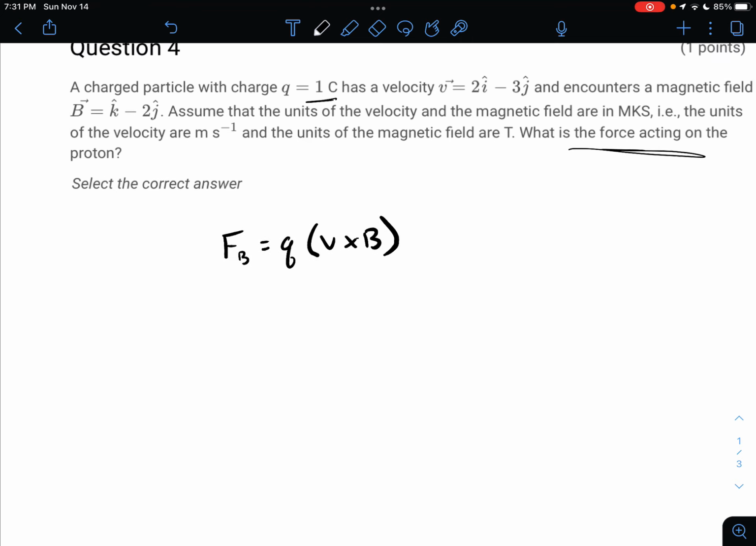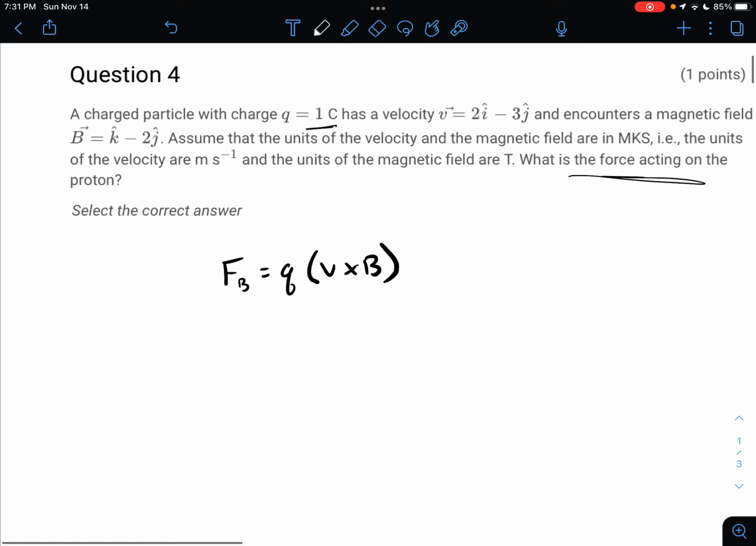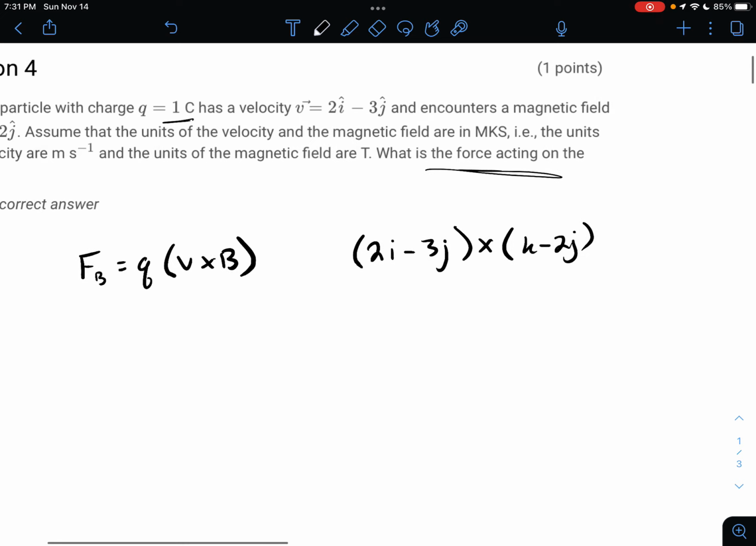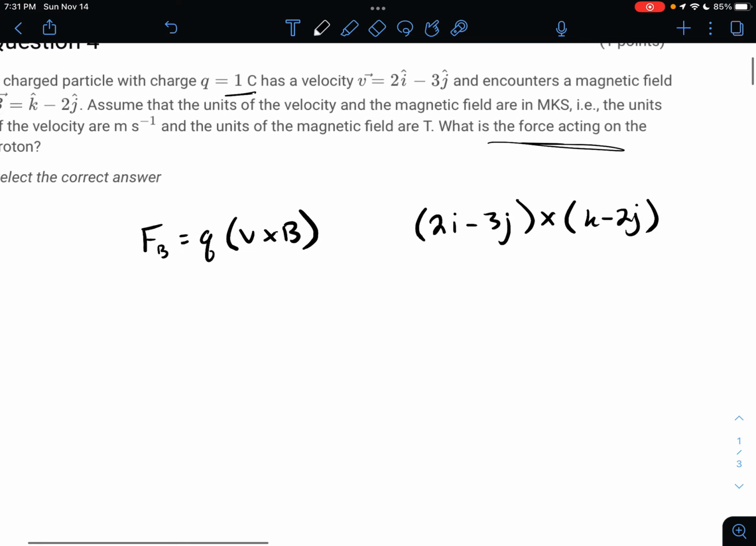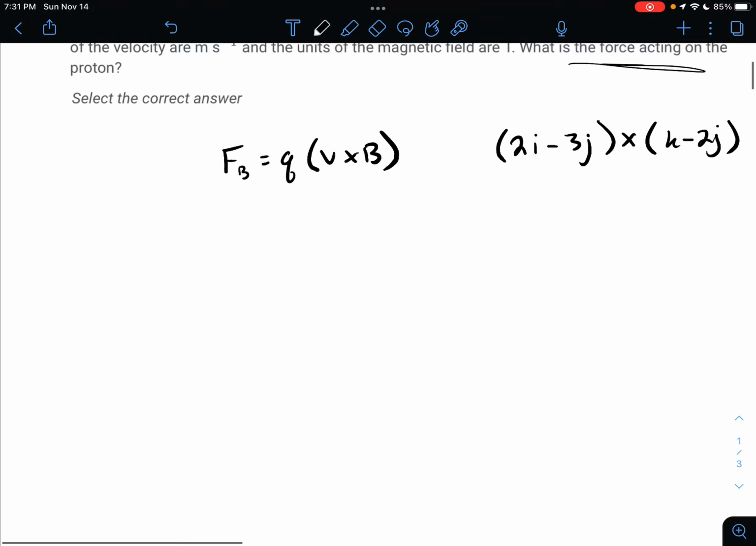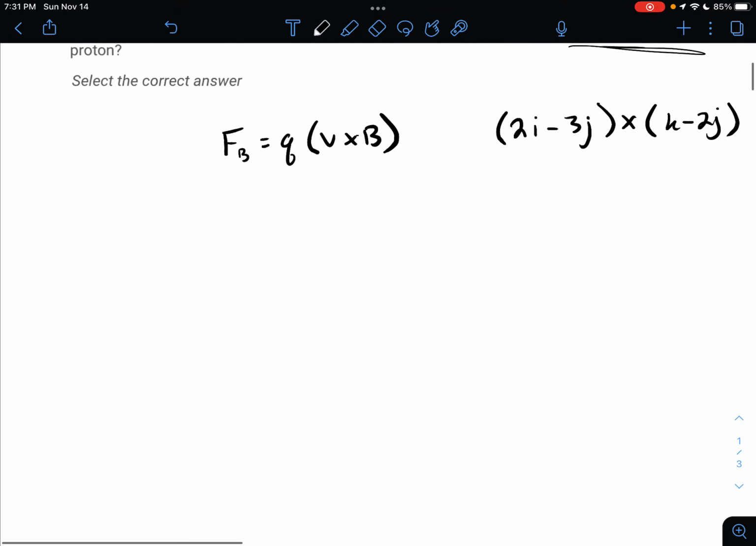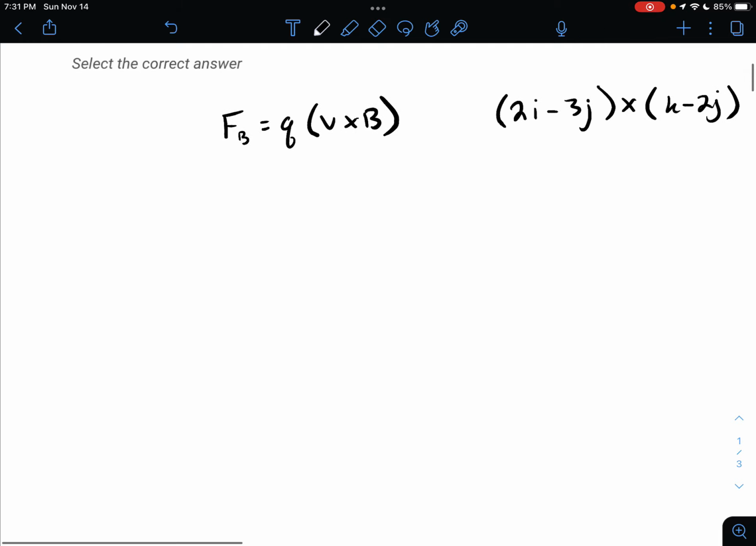And I'm going to teach you a better way to do a cross product, because you can distribute it and do 2i minus 3j crossed with k minus 2j, and you can FOIL all that out. But I hate that, and that's gross, so I'm going to teach you the better way to do it. To do a cross product, effectively what you're going to do is take the determinant of a 3x3 matrix, which sounds weird and gross, but it's not as bad as it sounds. So what this is going to turn into